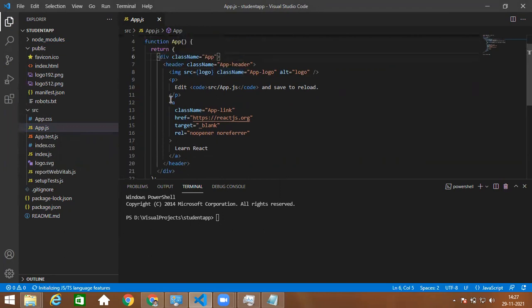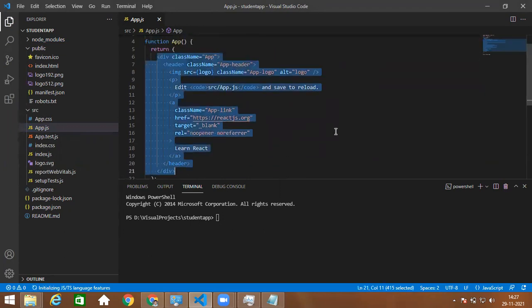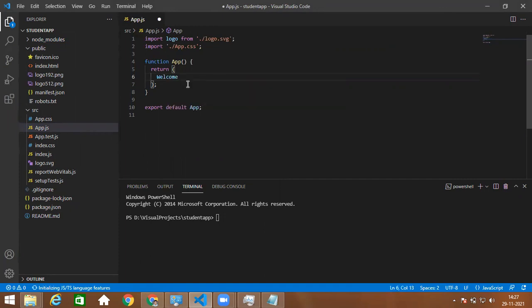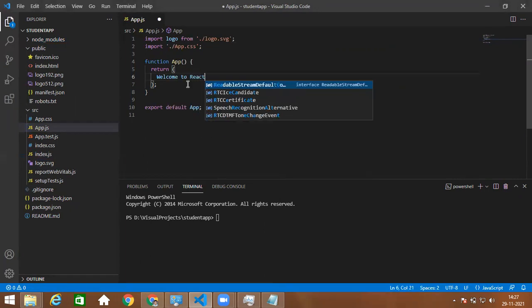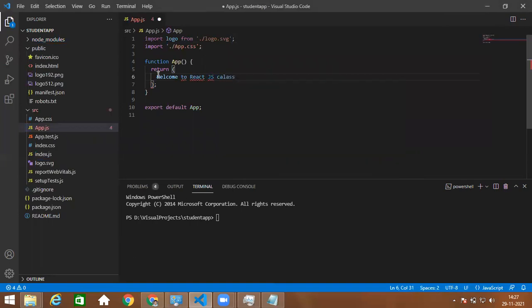I'm just removing the existing skeleton code which is already generated. Just for testing purposes, I am giving one message: welcome to React.js class. How will you return that?